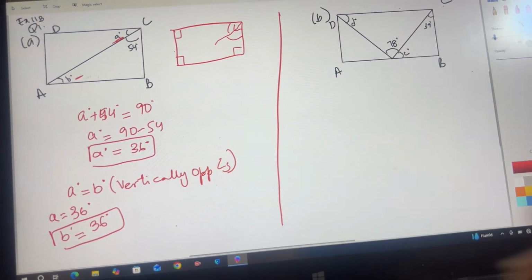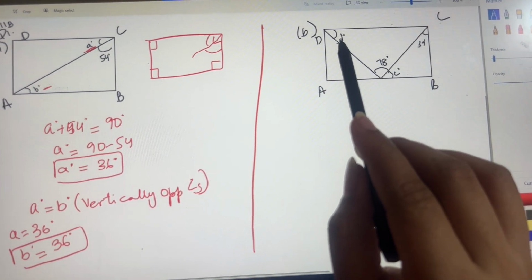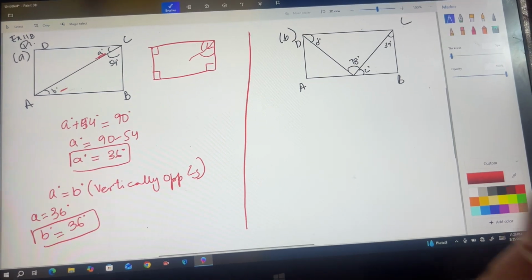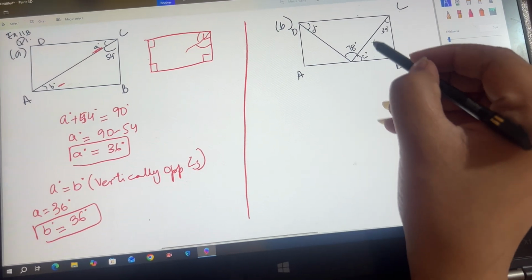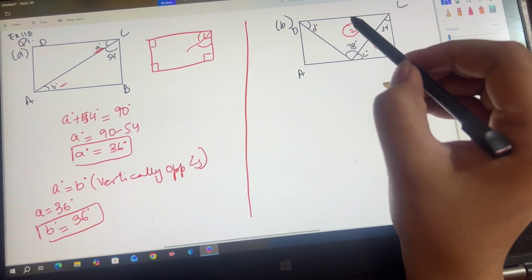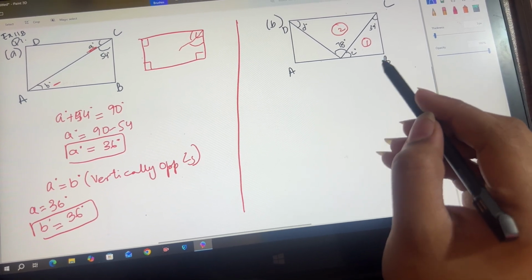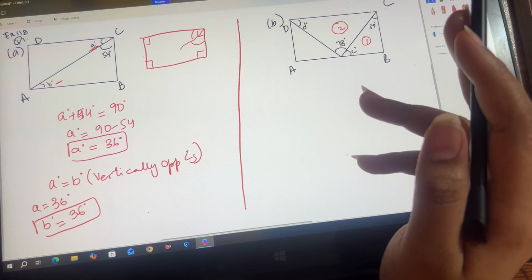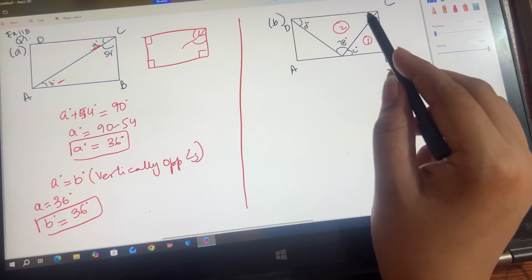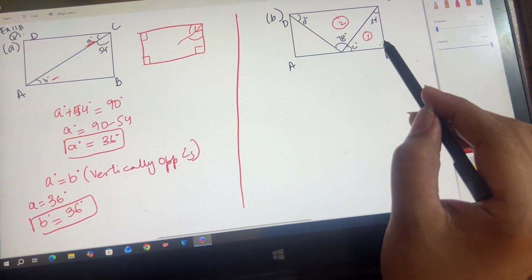Then coming to the second part, which is part B. If you see part B, we have two unknowns, which are D and C. So now we have to find D and C. Okay, if you see, we have two triangles. One triangle is here and the second triangle is here. For applying the formula of triangle, the sum of all the three angles equals 180, we need to have three values. But if we see the second triangle, we have only D and 78. There is no other value. But if we see triangle 1, we have C degree, 39 degree, and there is one more angle.